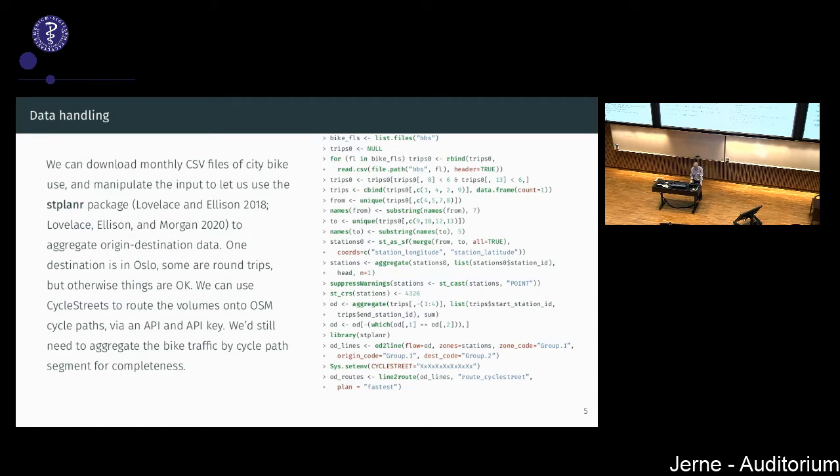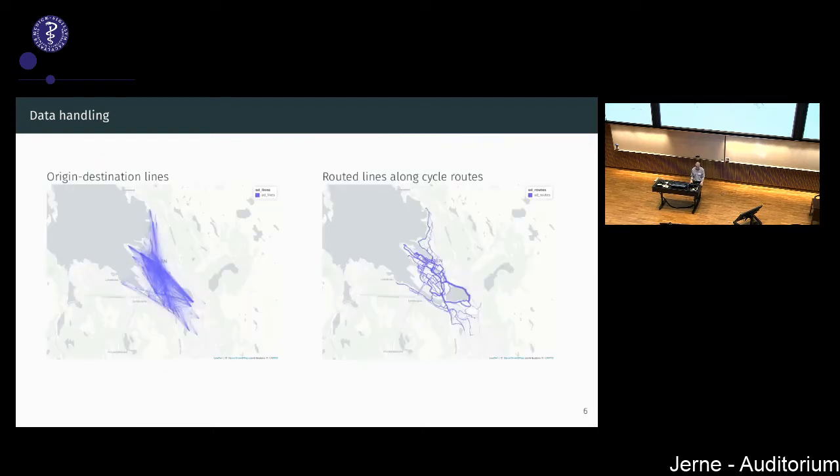And using the stplanr package, we can firstly find out what the origin destination links were. This is the left-hand diagram, again in a web map. And we can also route them to a designated cycle route. So we can find out what the loading on a particular cycle route would be.